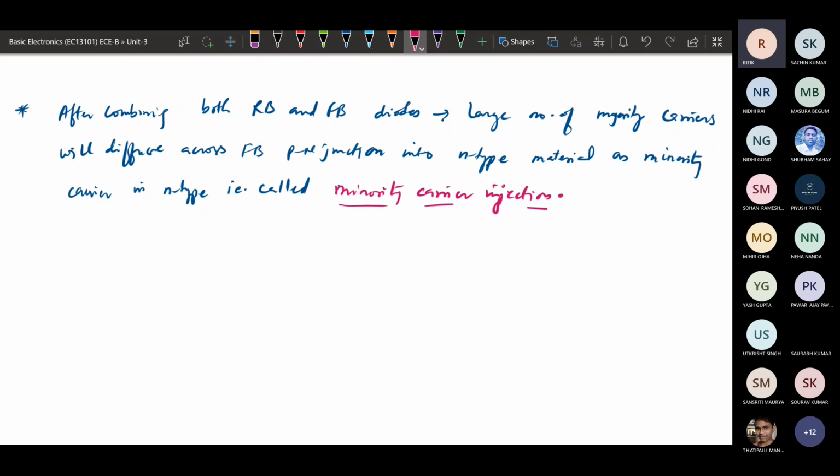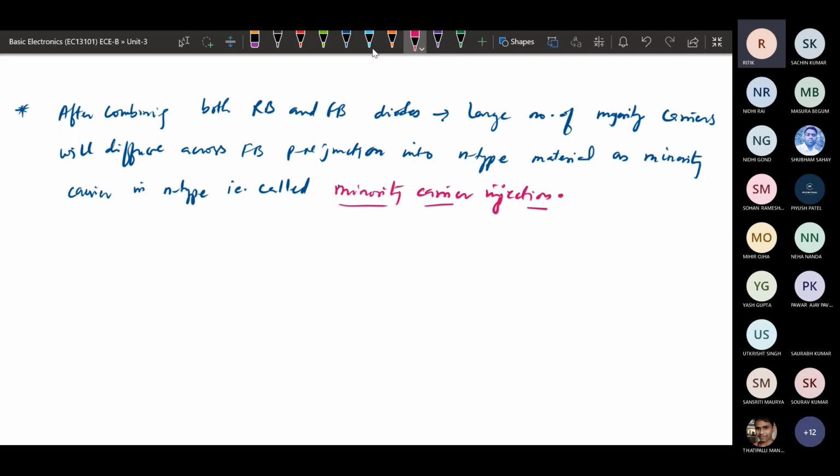As the diffusion of a large number of majority charge carriers takes place from the P-type region to the N-type region, the holes behave like minority charge carriers in the N-type region. So this process is called minority charge carrier injection.